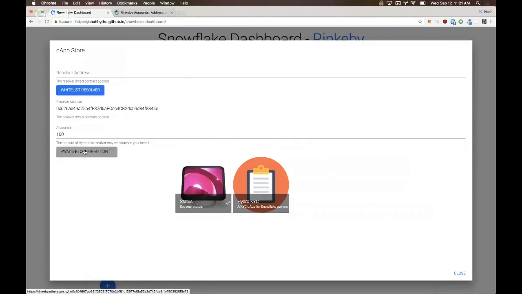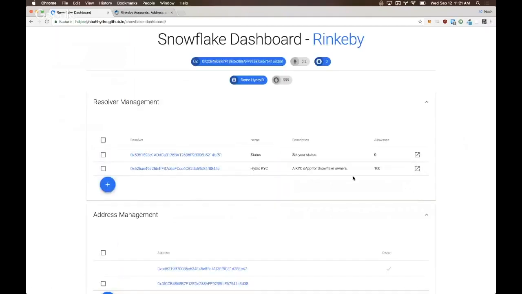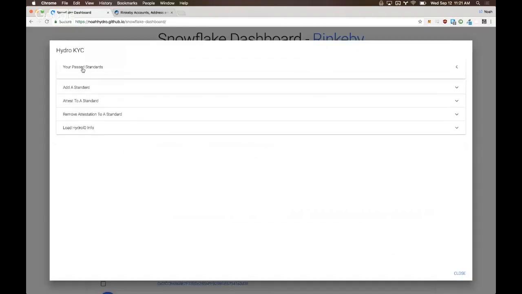Also, Noah made these awesome transaction buttons in React. They're really cool. So here you can see the allowances for each of the resolvers that we have set. So say I realized that I needed to send Noah 150 Hydro, but my allowance is only set to 100. I can check this box and modify the allowance to 150 and update the allowance. And once this confirmation goes through, I would be able to transact with all 150 Hydro that we set for that allowance. So then looking a little bit more, this is going to end up refreshing my page, but looking a little more at the